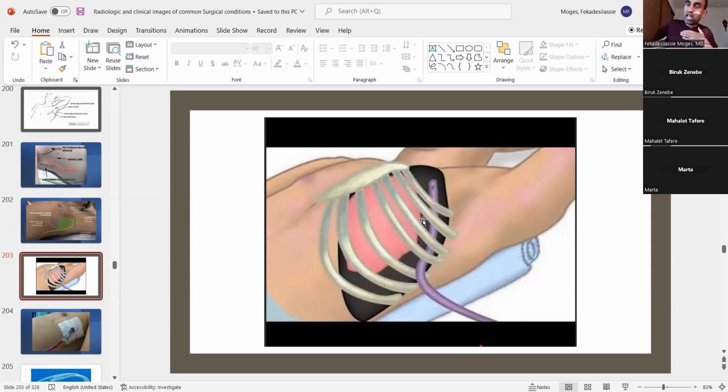Why am I going lateral? Why didn't I count straight down? Because the intercostal space becomes narrower and narrower as you go down. If you go down laterally, it's wider, so you can easily feel it. Then, if you go in through the fifth intercostal space, sometimes the sixth intercostal space, you are safe to introduce your chest tube. So you have got to be careful, especially on both sides, going